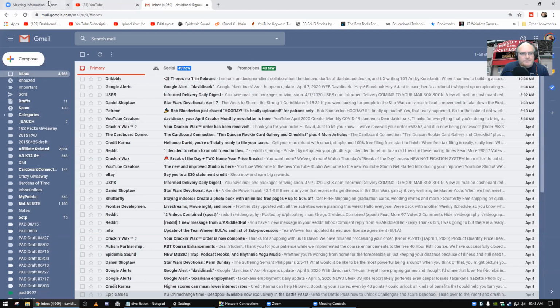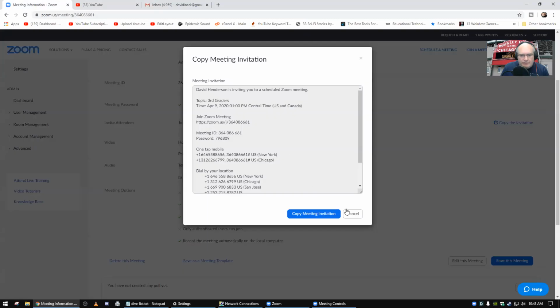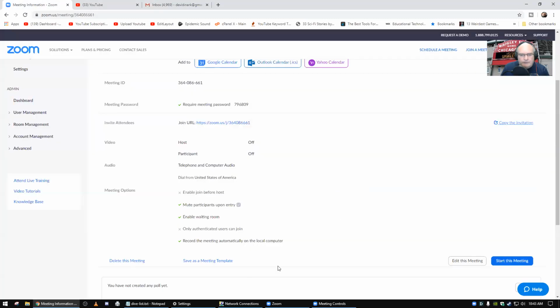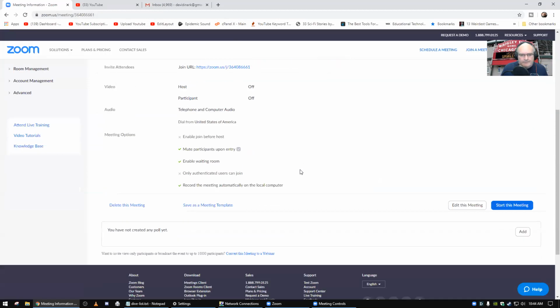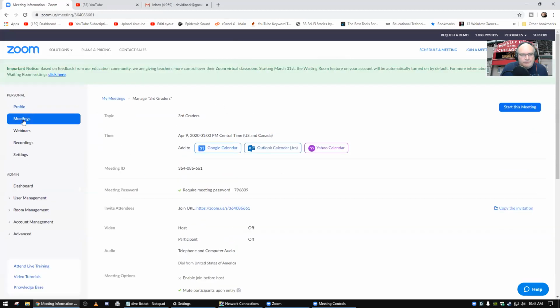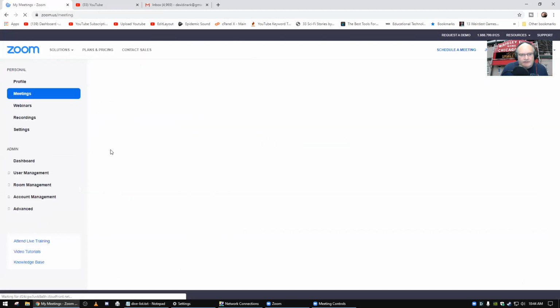Using the invite from within Zoom, there's a limit to the number of people that you can invite, and that's caused a lot of confusion. I wouldn't mess with that. I would copy the invitation, paste it into an email, and send it to the people that you need to send it to. Okay. So if I go back to my meetings tab over on the left,